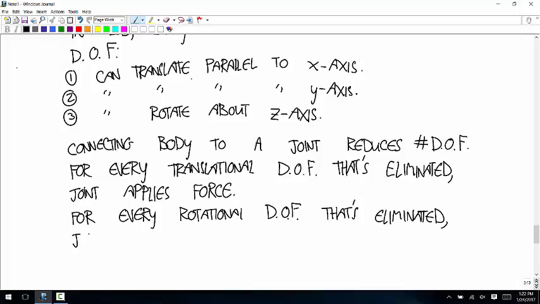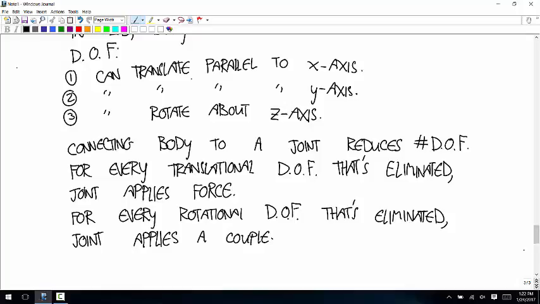The joint applies a couple, or a pure moment. You know, it applies a couple, which means it applies a moment that's independent of what you choose as the about point. Okay, so